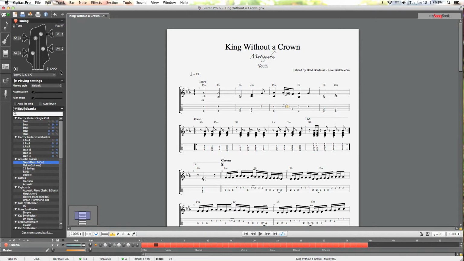The next window is the tuning window. You can customize the tuning that is displayed on the tab if you want to display it in the style sheet. But it's also the tuning of the playback, because if you have all your notations right, or not even your notations, but if you just put notes in, it plays them back. So that's really cool because you can check your timing, make sure your notation's right, make sure you got the right notes. It really helps you dial it in so you can make not just a good tab, but a good